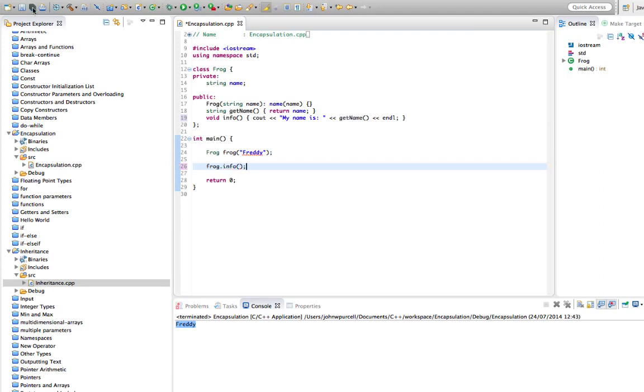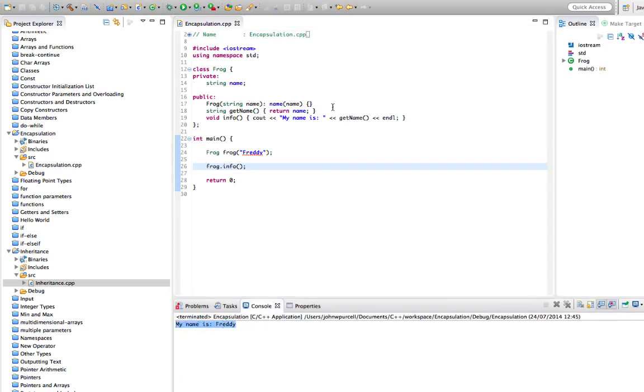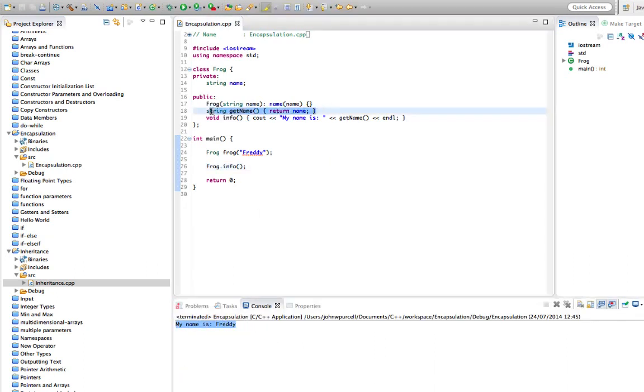Let's check that this works. So I'll just save it and run it. And it says my name is Freddie. But now the idea behind encapsulation is, besides hiding away your instance variables, you want to also make private absolutely